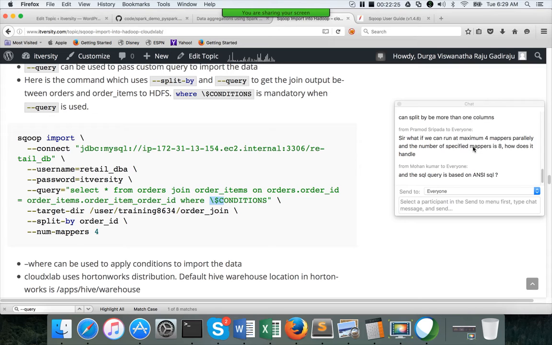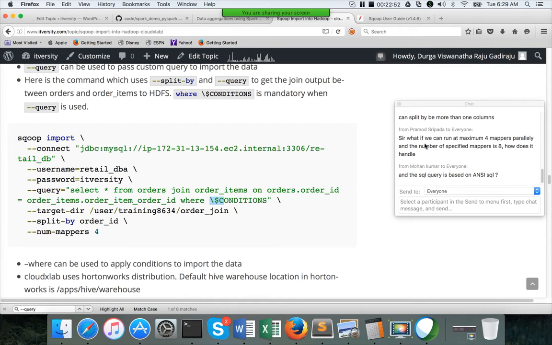That's why it goes with the primary key, which is indexed by default. If you don't have a primary key and you want to use split by to divide the data into multiple chunks, then you should always specify an indexed column in the split by clause. As a better practice, you can specify whatever you want, but it is better to specify an indexed column.